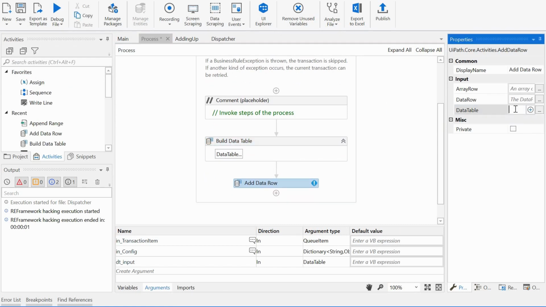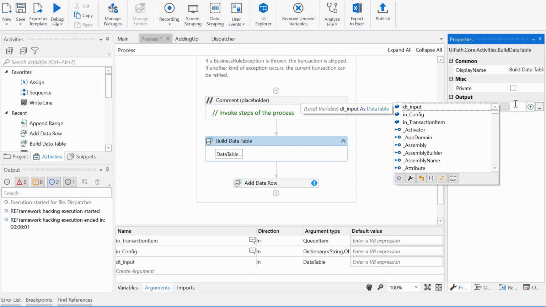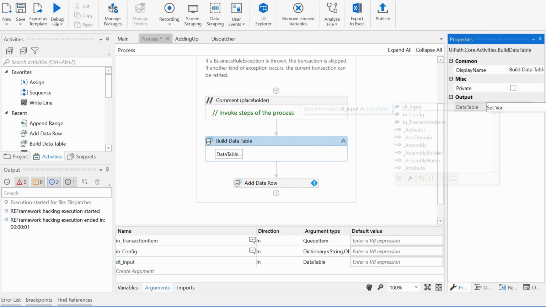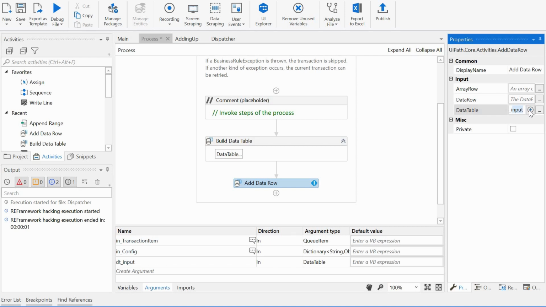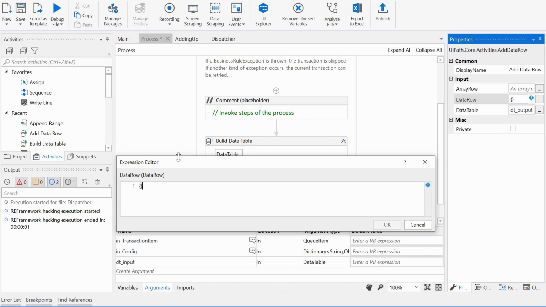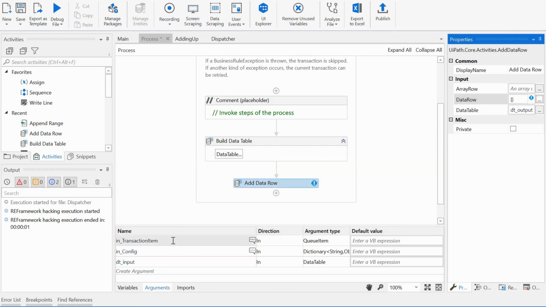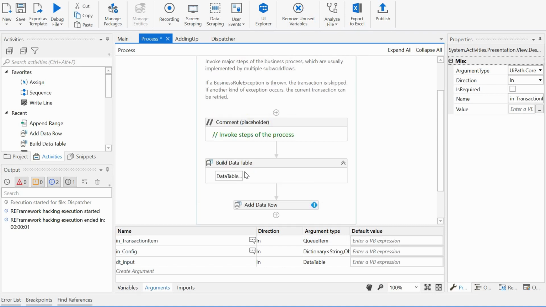We have here the dt input data table. Actually, we have to create a variable dt output this time. This will be the output data table. We have here dt output. We have to add up the values, and we have to pull them from the queue. So for that we have the transaction item argument. We can use it here,